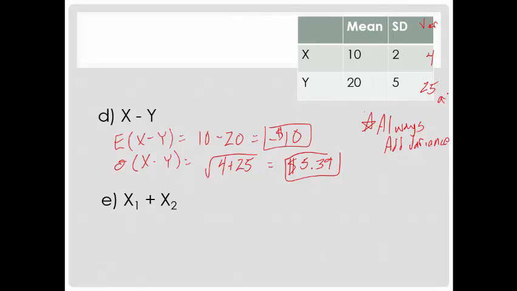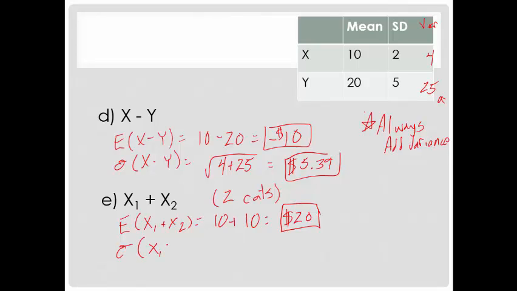Now this last problem, this is like we say, I've got 2 cats. And for the expected value here, each cat's going to cost me $10. 10 plus 10. You could think about it, double the amount of cats, we'll pay twice as much for food. That makes sense. The one that's tricky, and the one that gives people